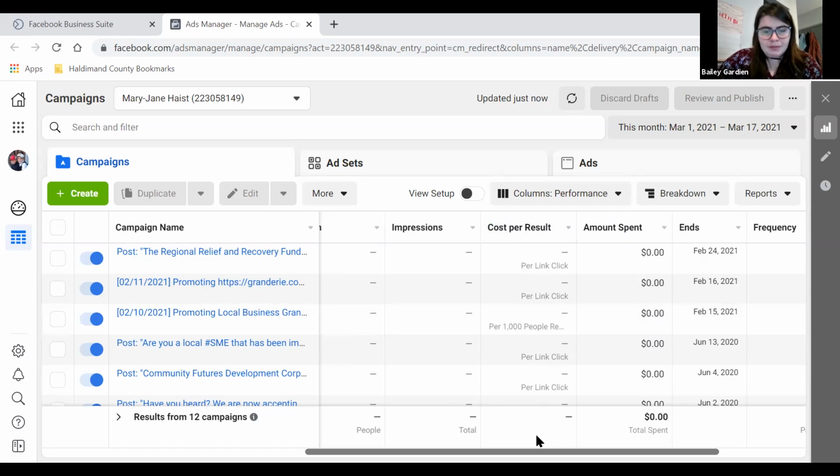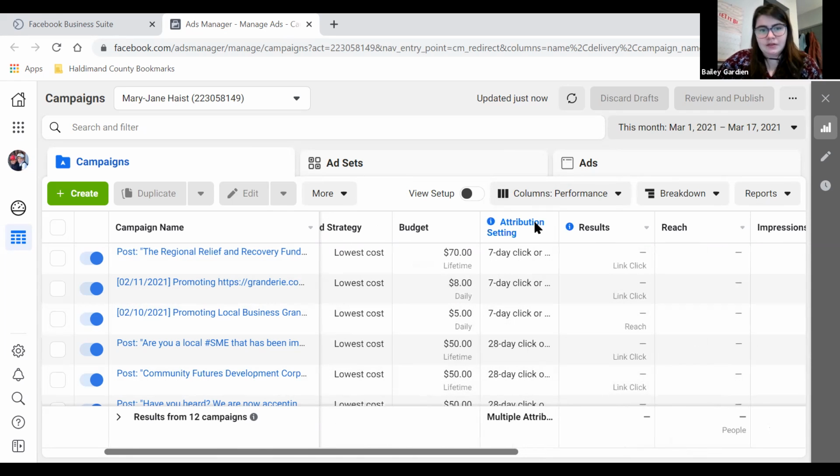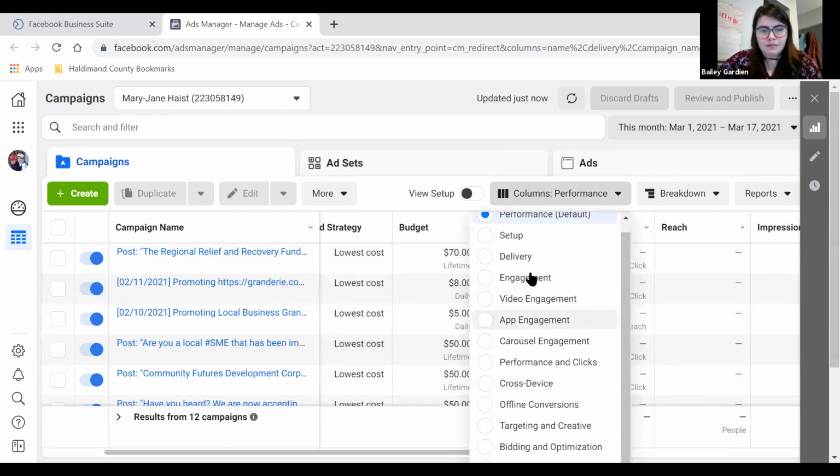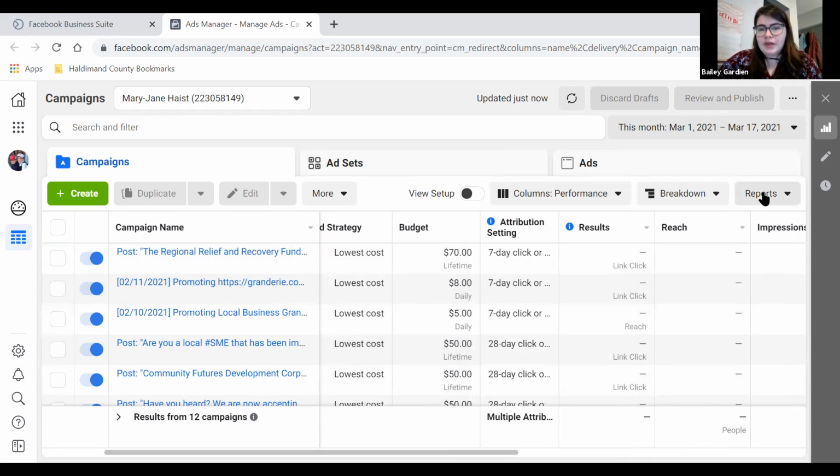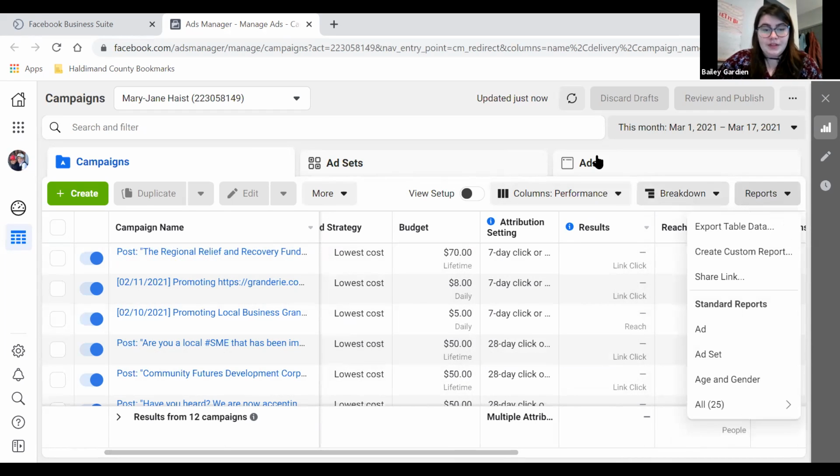And in here, you're also able to edit how this is displayed under the columns. So this is just the performance of each ad, but you can also choose the engagement, the conversion rate, all those different things that Chloe was also mentioning. And you're also able to download this data into a report, so into a data table, which might be relevant for